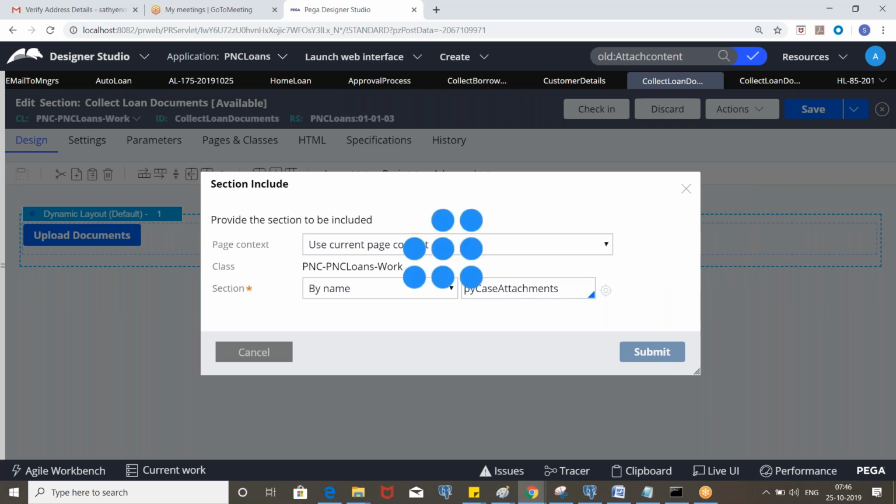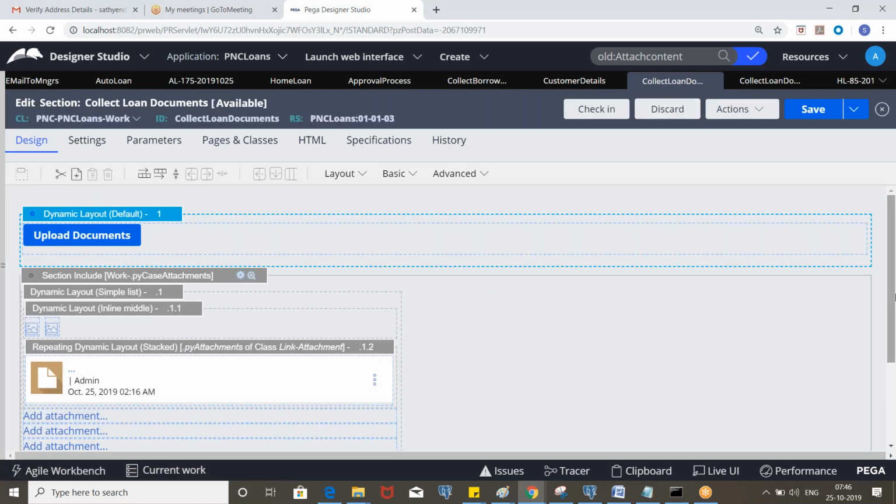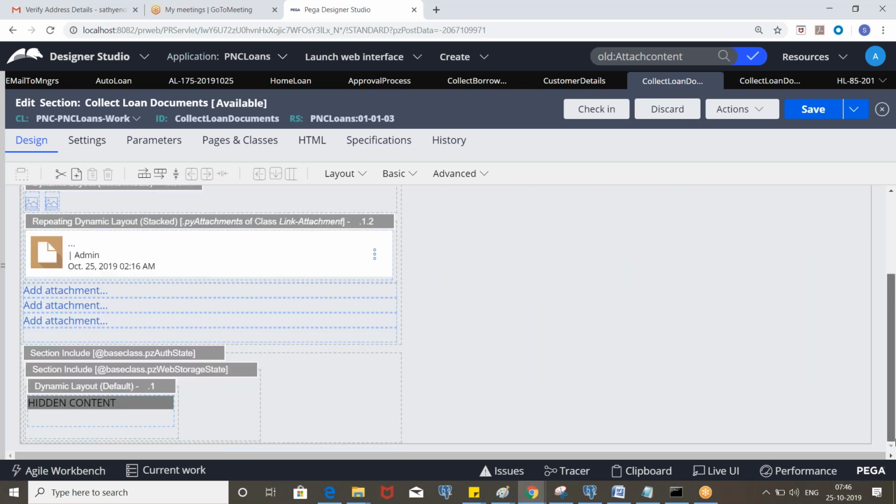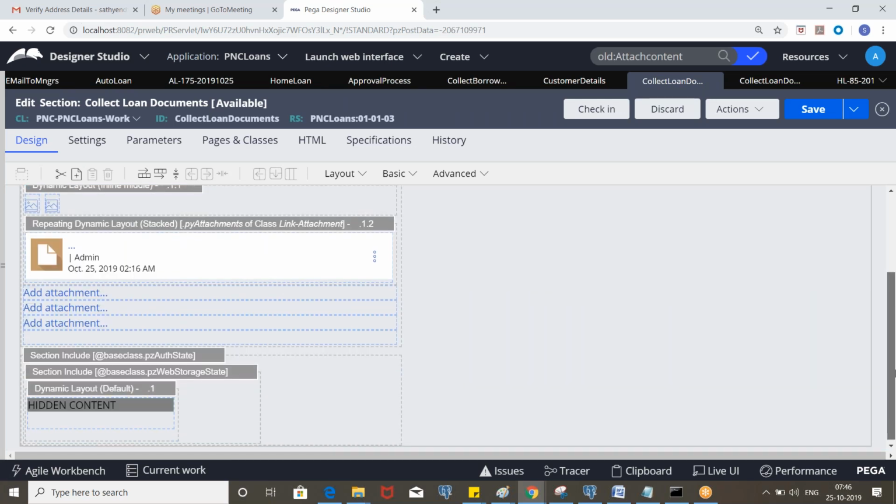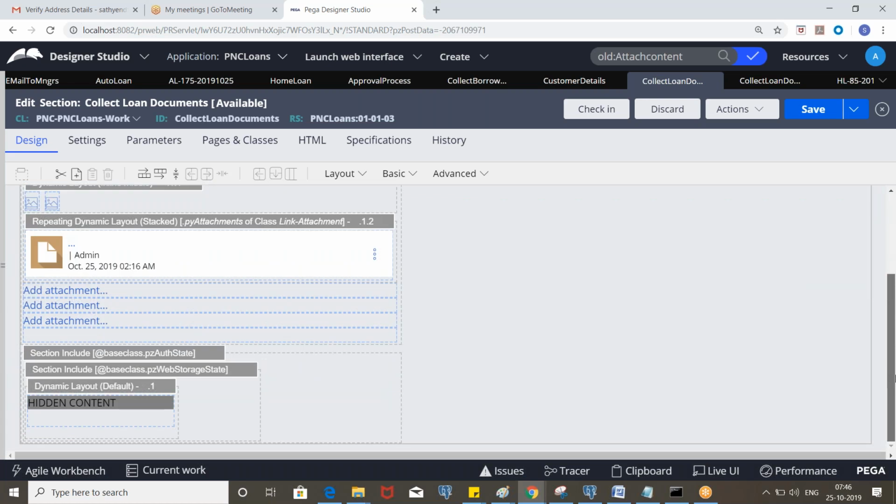So these are out-of-the-box rules. Let's say you are working on some unique functionality and you don't know what kind of rules you need to use. You can search in the PDN and you will find most of the information about that.